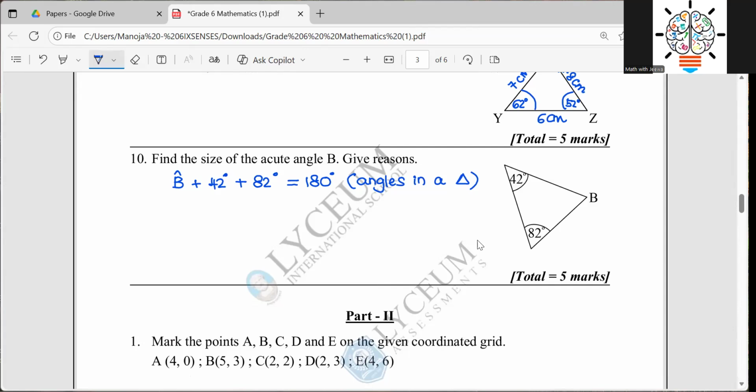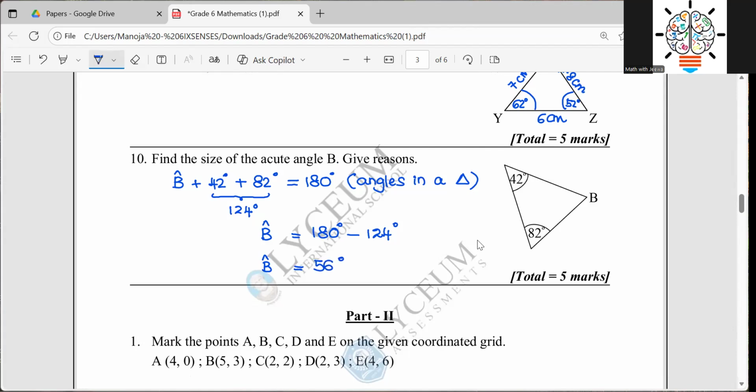So then you have 42 and 82. When you add 42 and 82, it gives me 124 degrees, right? So then what I can do if I want to find the B angle is 180 minus 124, right? So from this you deduct like this. Then it gives me the answer for the B angle. It is